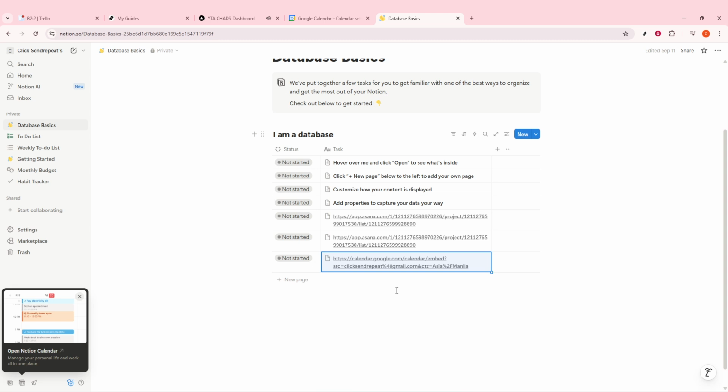There you have it, a perfectly streamlined way to keep your schedule accessible within Notion without needing to jump between different applications. This integration can significantly boost efficiency by keeping all your tools in